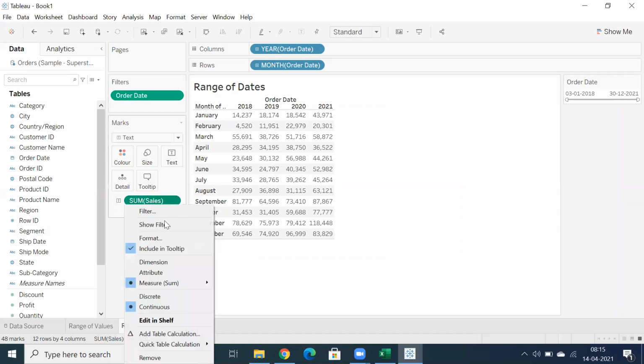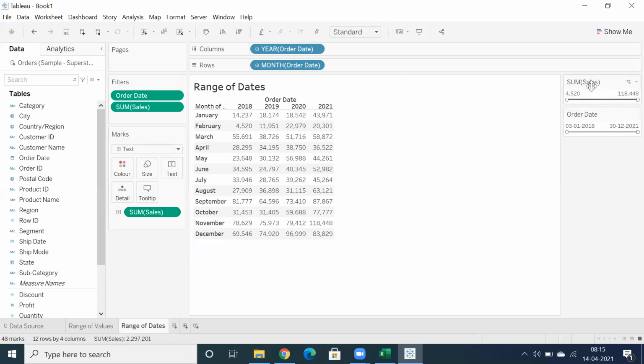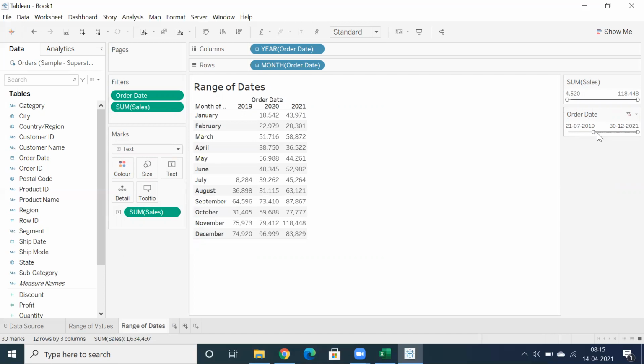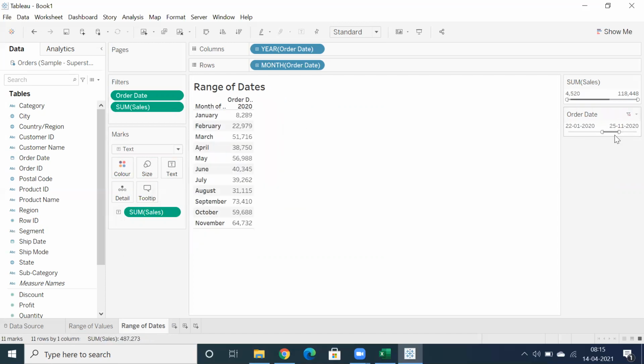Let me use range of values. You're able to see the same slider. You can select minimum value, maximum value, correct? And for date as well, you can also use the slider where you can select minimum date and maximum date. So that's the flexibility we do have here.